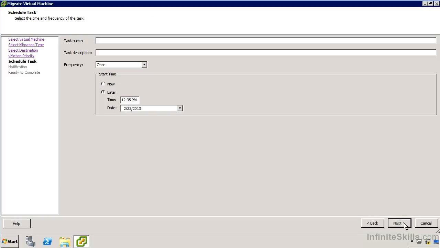If you haven't seen the vMotion video yet, it might be useful to go in and take a look at it. The key point here is that those are really all the options I would have got if I just selected the migrate option on a VM. Now I can create the details for this task. So I'm going to say migrate W2K8R2-1 nightly. So under frequency, instead of saying do this once, I'm going to say do it on a daily